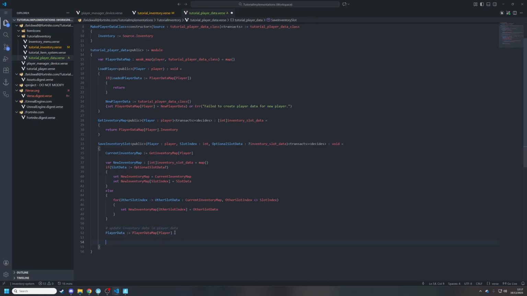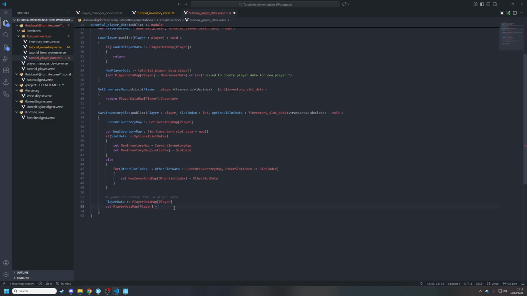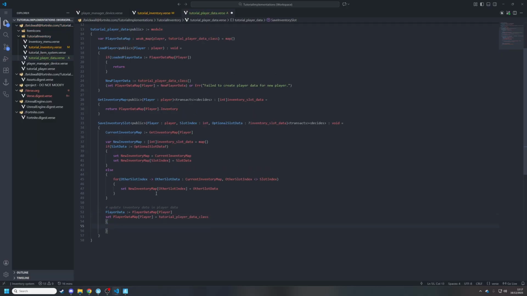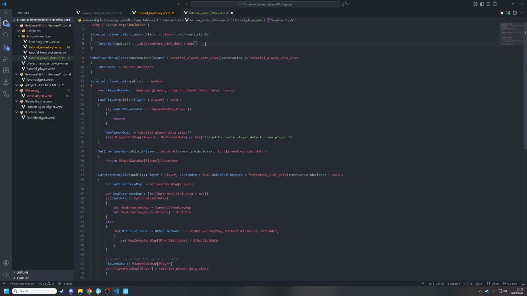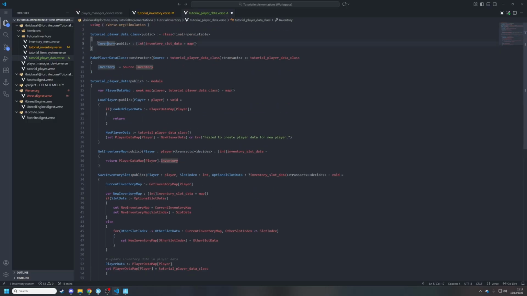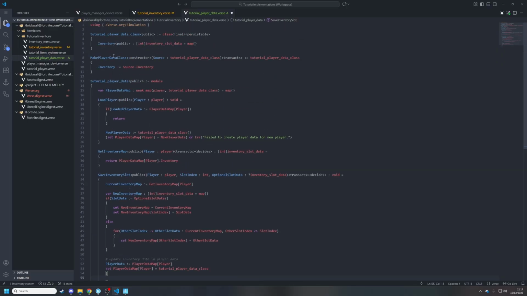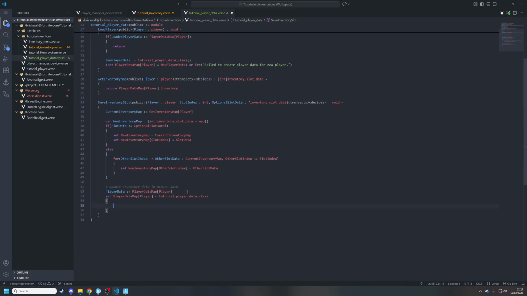This is basically where we're storing the player's data. You'll notice we're going to use the constructor here. So if we make a new object of the player data class, what we don't have to do is, if we had multiple fields, we would normally have to define them all here so that we didn't lose data. But because we have a constructor, we can instead just call the constructor and it'll basically copy